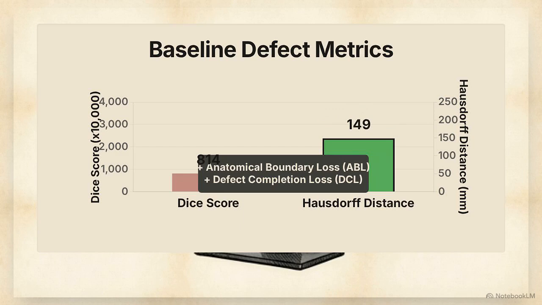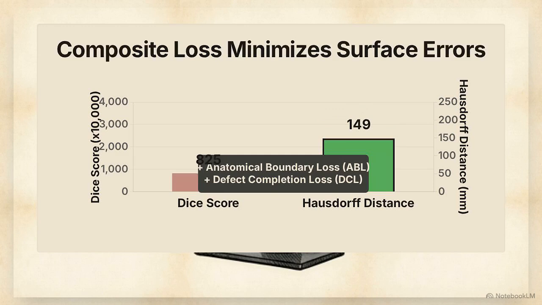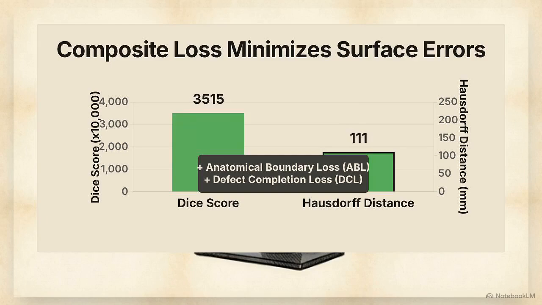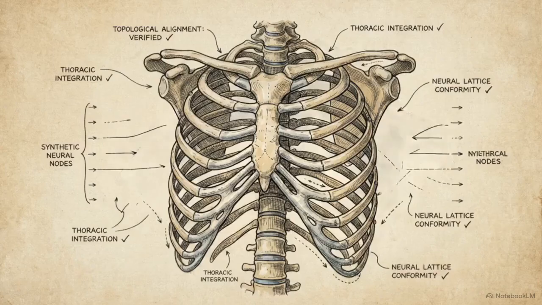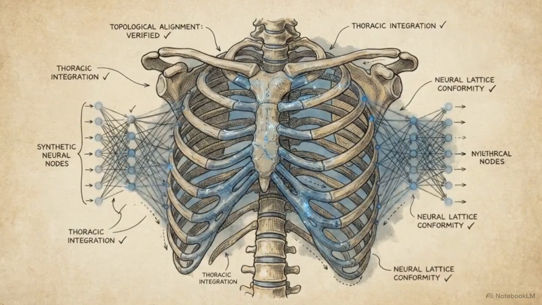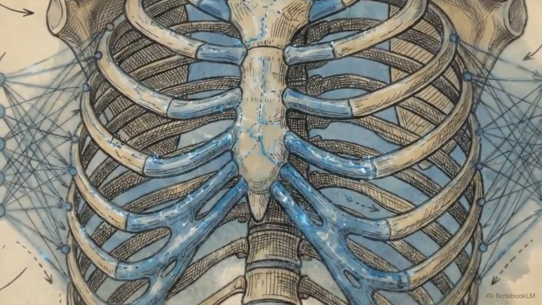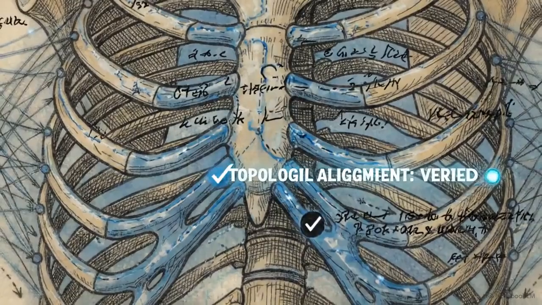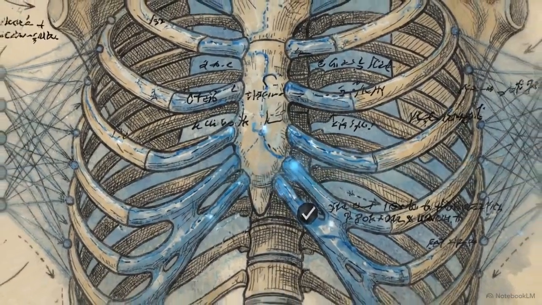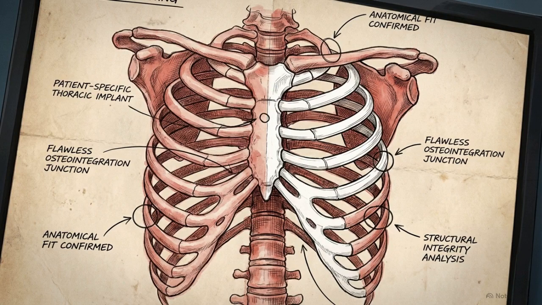For single bone defects, it achieves a DICE score of 0.3521 and drops the Hausdorff distance down to 110.9 millimeters. This confirms that it takes multiple, highly specific loss terms working simultaneously to accurately map the complex topology of the thoracic cavity. To understand what these numbers actually yield, we must examine the qualitative visual outputs to judge the anatomical